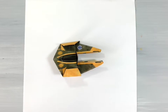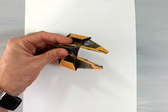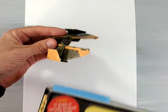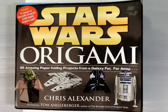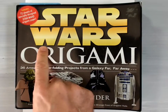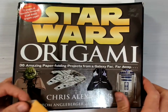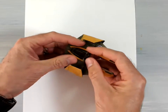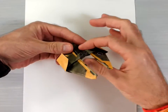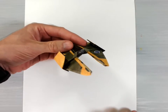Welcome back. In this demonstration, I'm going to show you how to fold this ETA-2 Jedi Starfighter, designed by Chris Alexander. And you can find the origami directions in his book, Star Wars Origami by Chris Alexander. It's a very nice model. It's got some really complicated moves, so I'm going to have a diagram ready for the demonstration, and we'll get